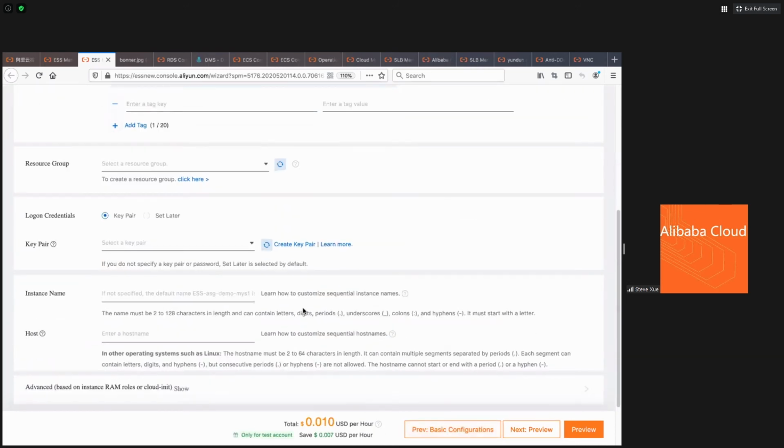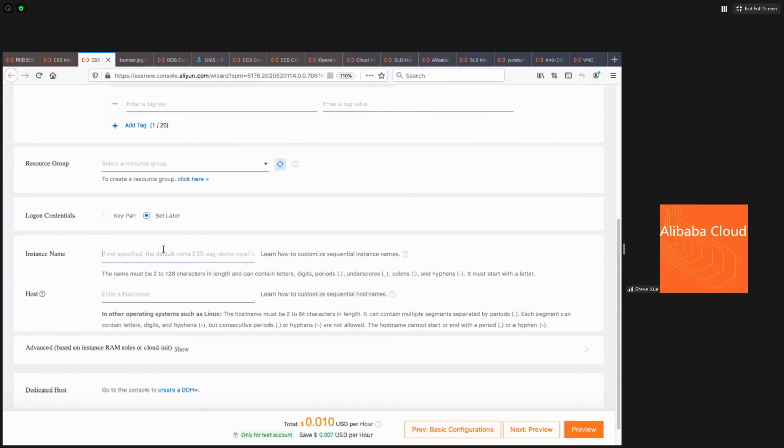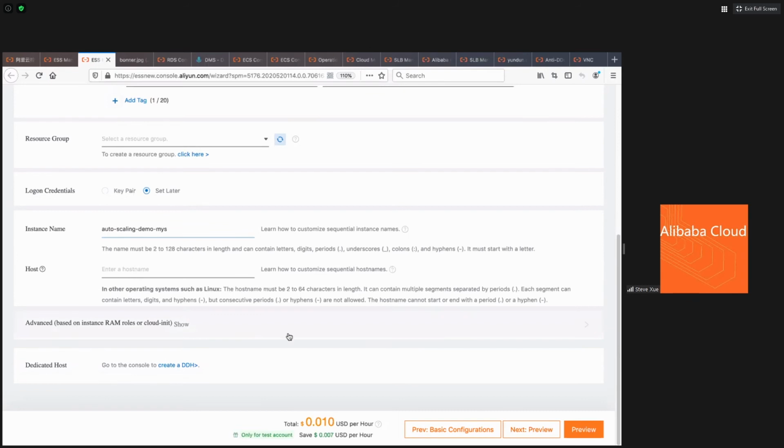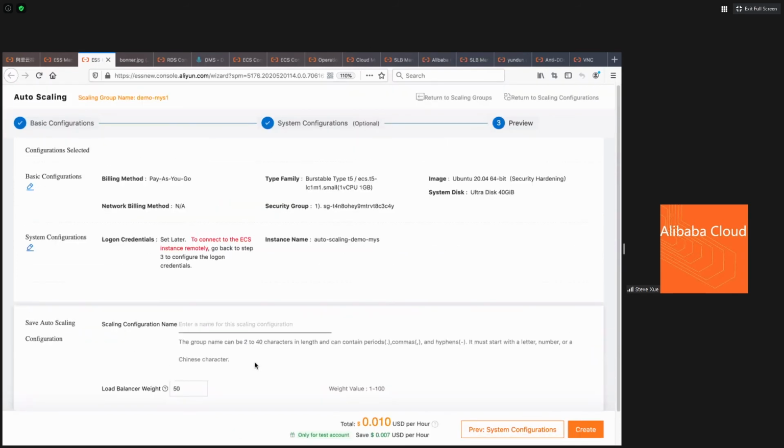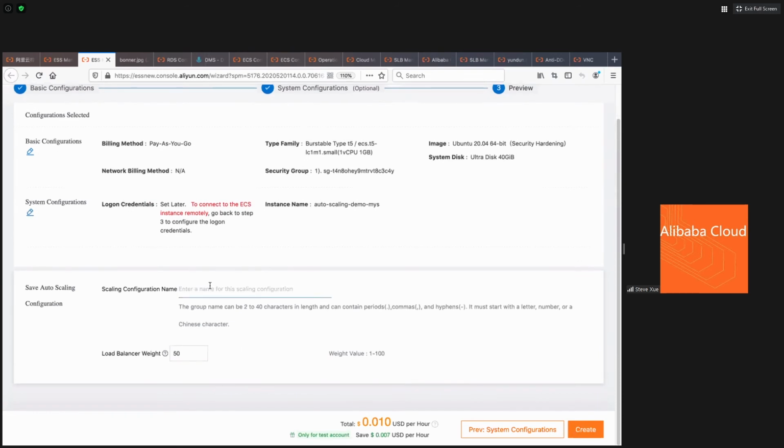There are not too many other things I need, I'll just set them later. And this one is auto scaling demo, right? Nice. Next. Here is a very important configuration. You see,